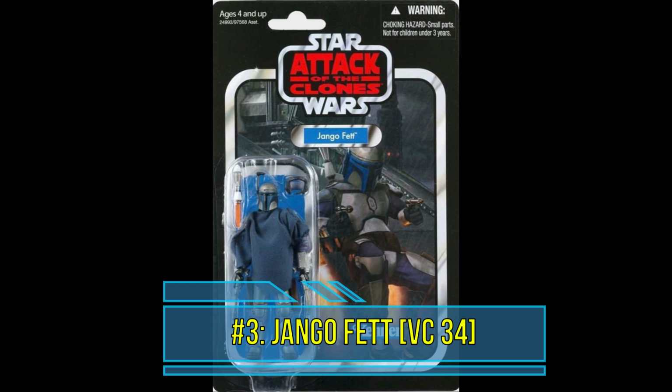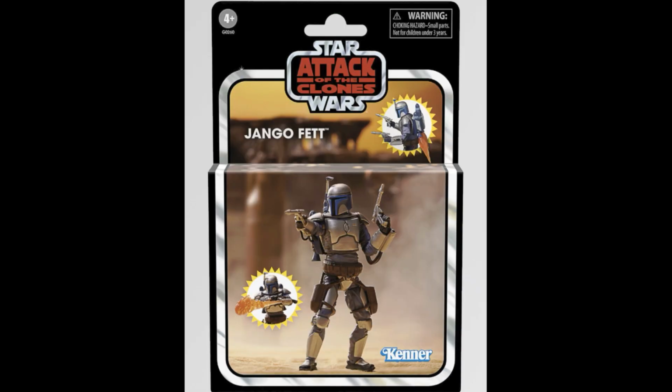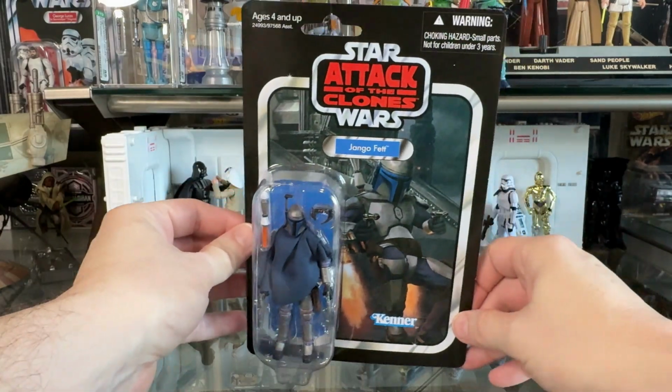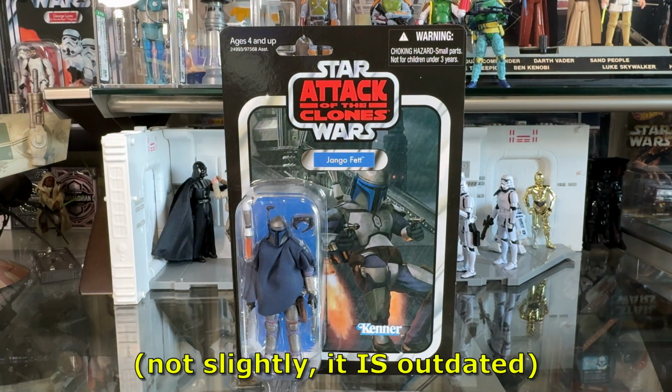At number 3, I have Jango Fett, VC34. This is the original release of Jango Fett. Now, of course, we have an all-new version coming, unfortunately, in a deluxe box. But that is not out. I have not seen any reviews in hand of that figure yet, so I can't judge that one. But I'm going to go ahead and put this one at number 3 because it's a slightly outdated figure, but